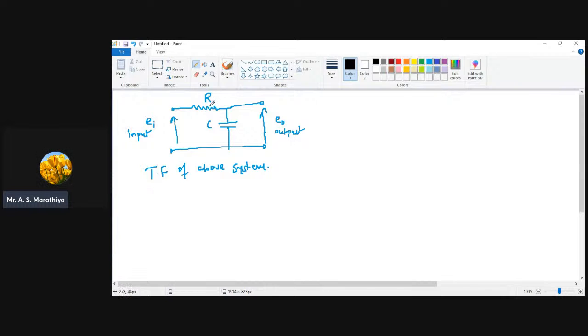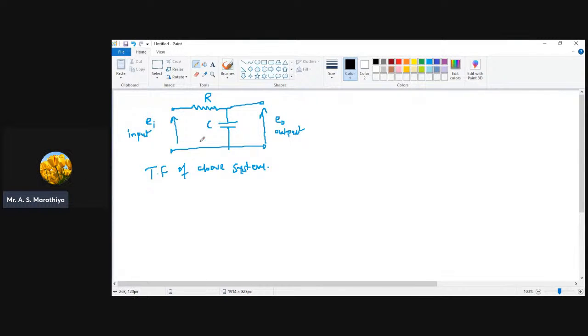So the voltage across the resistor is nothing but R into I, and then the voltage across the capacitor. We know the expression for current flowing through a capacitor, I equals to what? C dV by dt. So we can write V as 1 upon C integral I dt, and then apply the logic, because these equations are in time domain. Convert that from time domain to frequency domain by applying the logic of Laplace transform, and then take the ratio